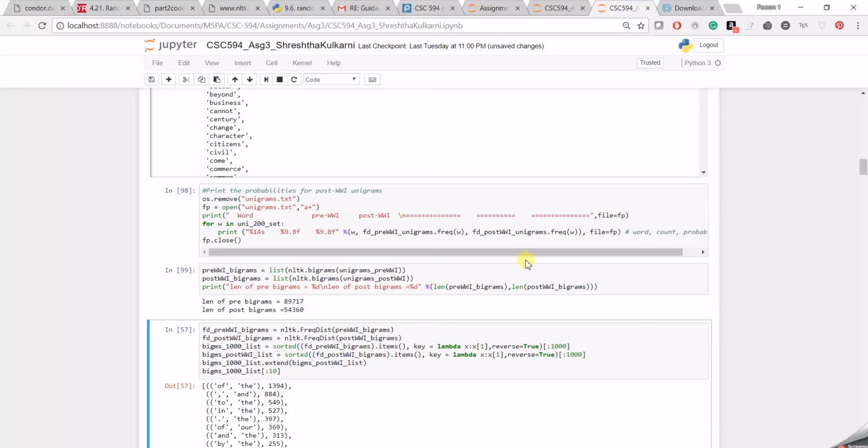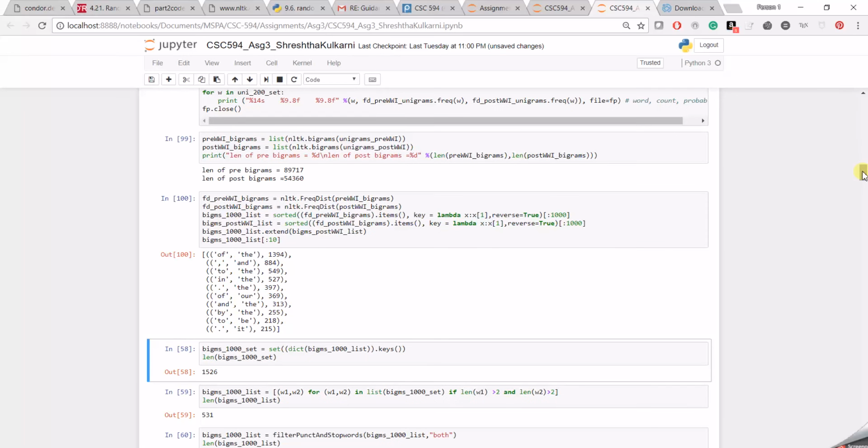bigrams, and I take the first 1000 most frequent bigrams from pre-World War bigrams, and then append to them the 1000 most frequent from post-World War, and we see the top 10 items for them. Now I again reduce it to a unique set of 1526 bigrams,